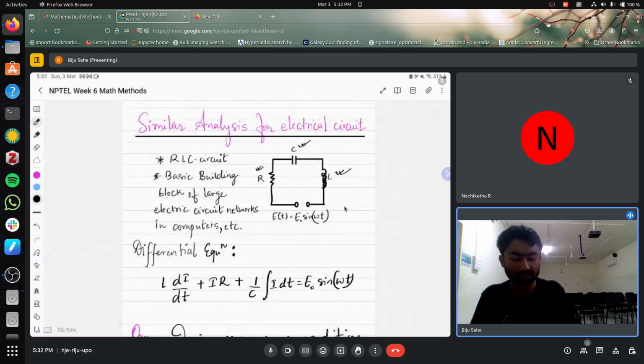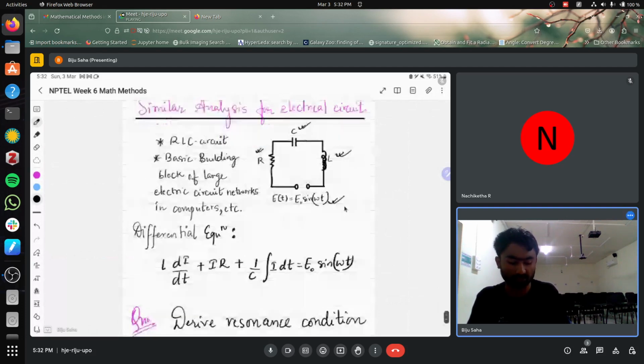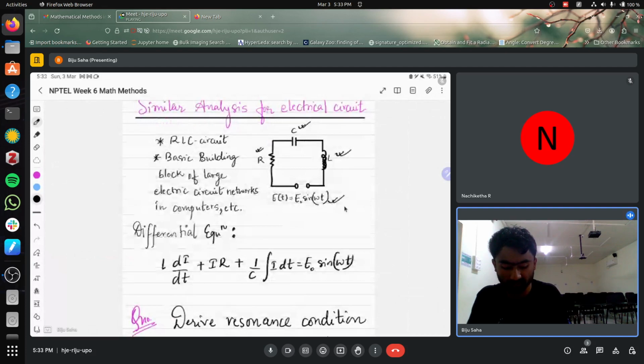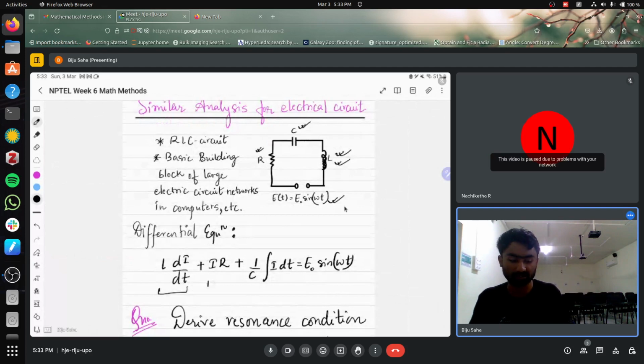Okay, and it is being connected by an AC power source. The AC power source has this form: E naught sine omega t. The differential equation governing the current flow in this system is this. This is the voltage difference across the inductor, this is the voltage difference across the resistor, and this is the voltage difference across the capacitor, and this is